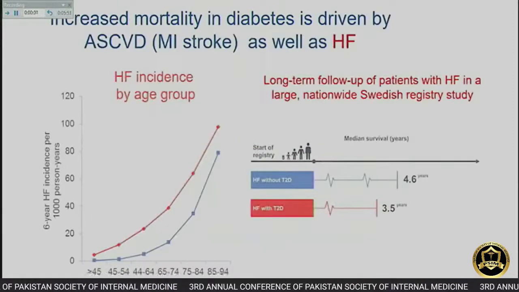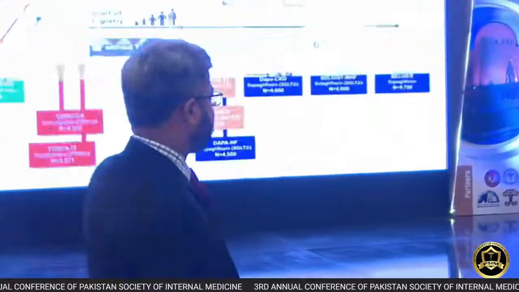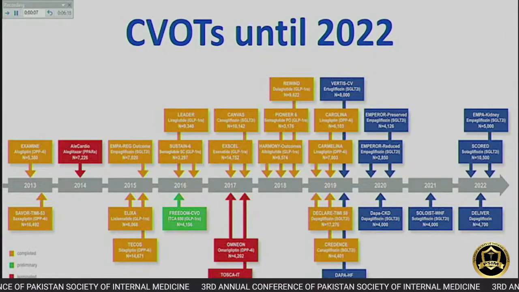Look at this, heart failure is also more in diabetics. Then heart failure with type 2 diabetes has less survival than heart failure without type 2 diabetes. Another challenge for the cardiologist as well, and the endocrinologist and diabetologist as well. So it was decided that whatever diabetes medication will come in, it has to have a cardiovascular outcome trial. I mean, come on, I treat diabetes, but that can increase heart disease, so मैंने treat ही